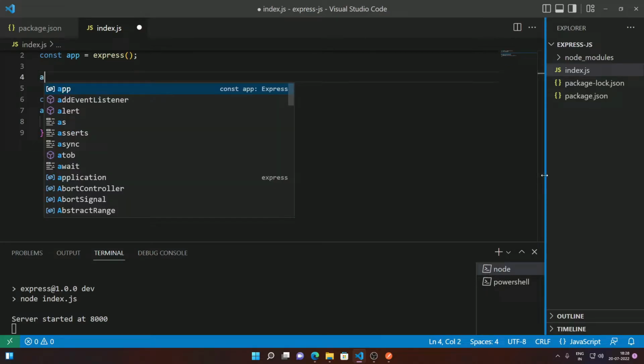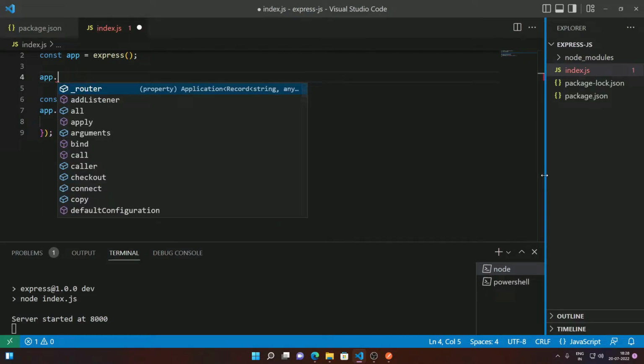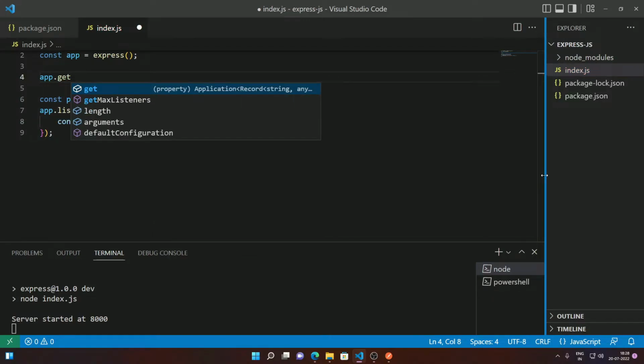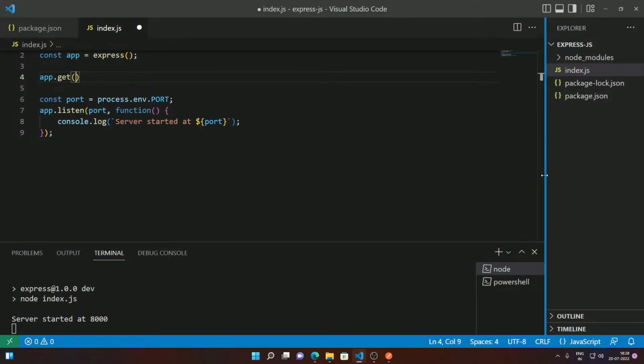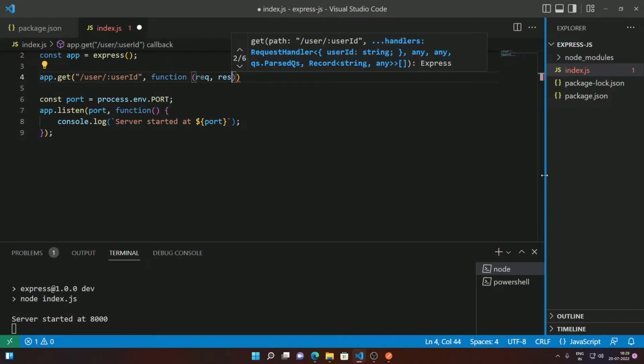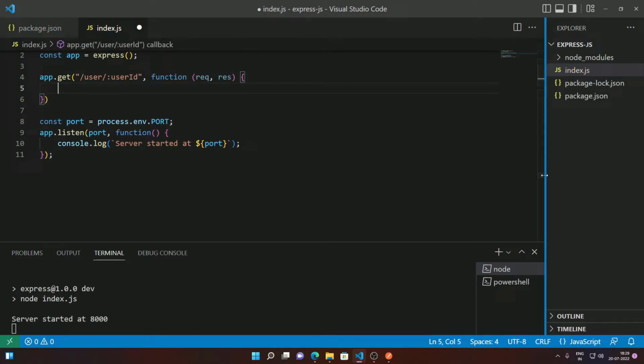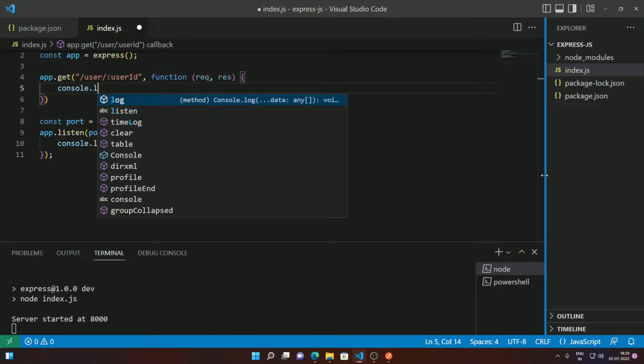And let's create a route app.get again. And let's do something like user. And then you have to type in slash and colon and then userId. So this thing becomes a placeholder for whatever value is going to come in from the end user. Okay, so again you have to provide in a callback function, request response